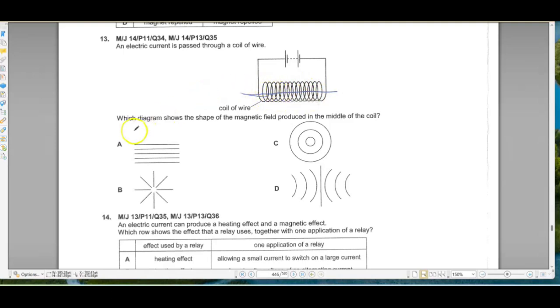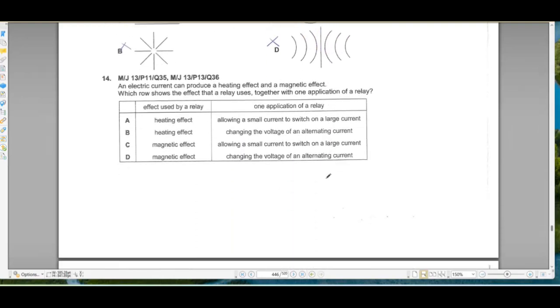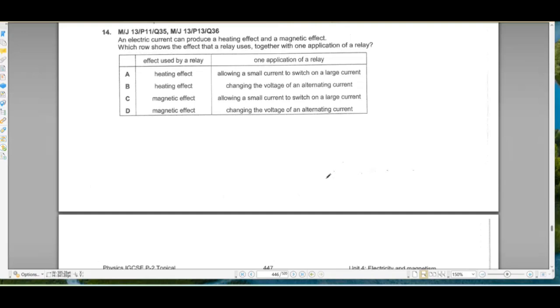So it is going to be A. It can't be C, it can't be D, and it can't be B. B refers to electric field. This is magnetic field around a current carrying conductor, a simple wire, not a solenoid. And this is the magnetic field lines around a magnet plus a wire. So this is also not applicable. So A is the correct answer. Okay.